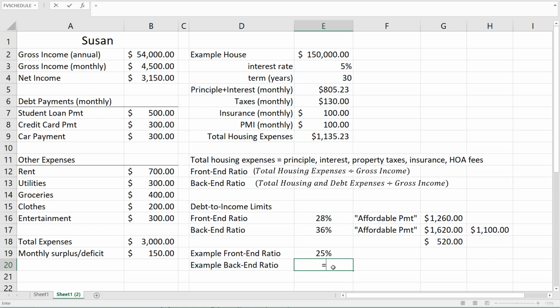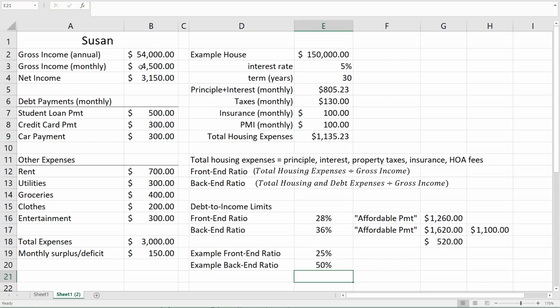However, let's look at back-end ratio. Let's say total housing expenses of $1,135, but we also have to add in the other debt payments. So student loan payment of $500. You have to add in the credit card payment, add in the car payment. Then we divide that by gross income. So we have a problem now. As we saw earlier, that's going to put her back-end ratio at 50%, which is